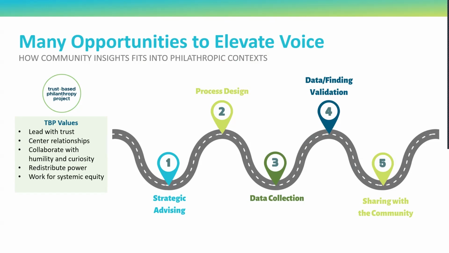These are 5 examples we'll share, 5 different times that you can be encouraging more two-way conversations with your community or with grantees in a way that really uplifts their voices and allows you to carry out each of these values of trust-based philanthropy. So we're going to jump into these 5, and then at the end, we'll have some space for discussion. What we'll be doing is sharing 5 examples from work that we've done at Results Lab that really embody these values and show the many different ways you can get creative to elevate voice.